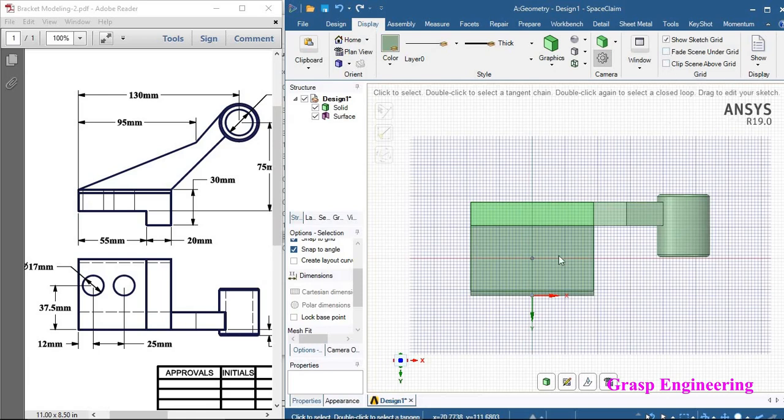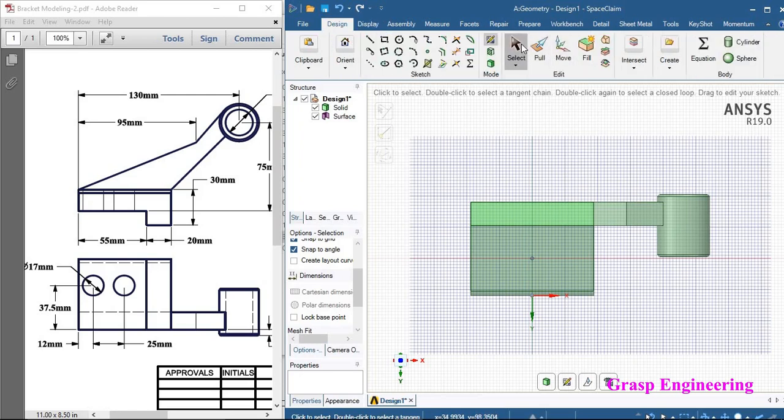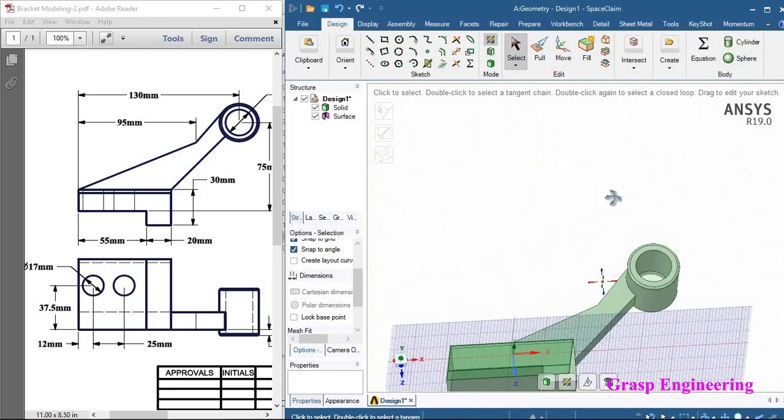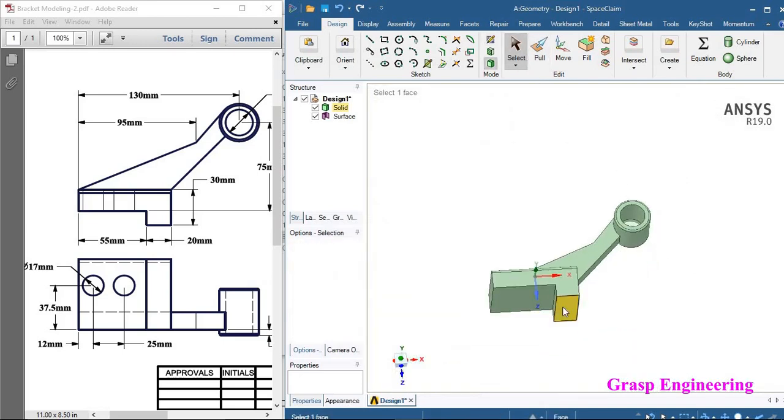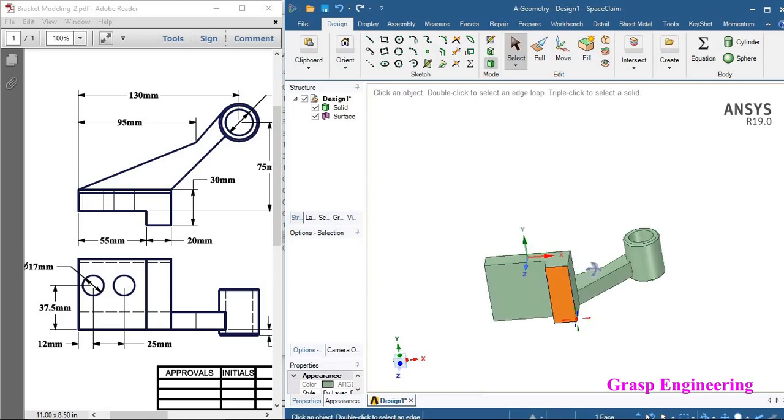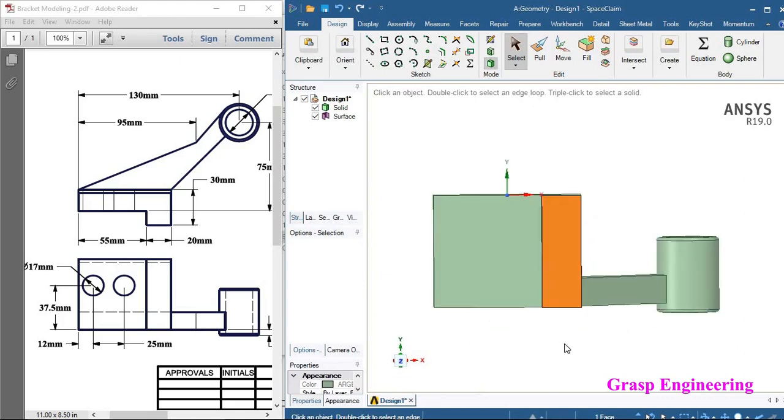Suppose you are still not able to keep this in line with this view, then in order to do that, you can go to select, then you just need to come out from that. You just need to select this bottom face. Now if you place the view like this, you will find it is matching with this.